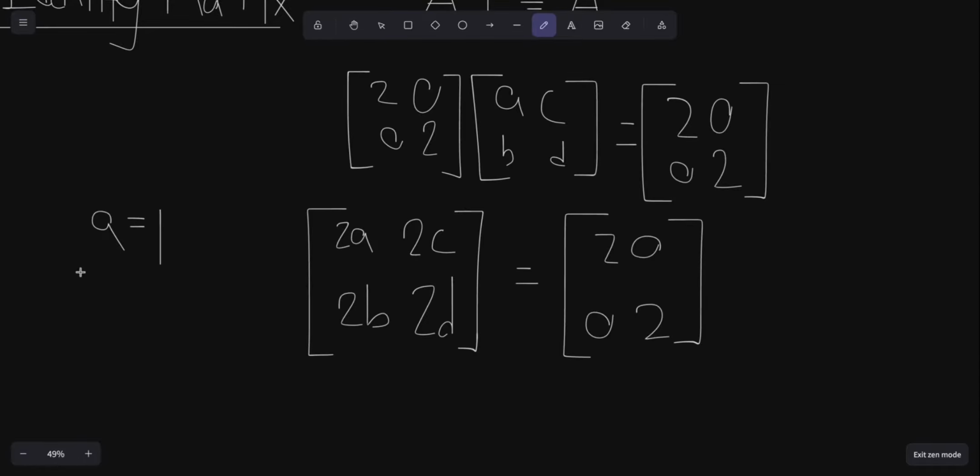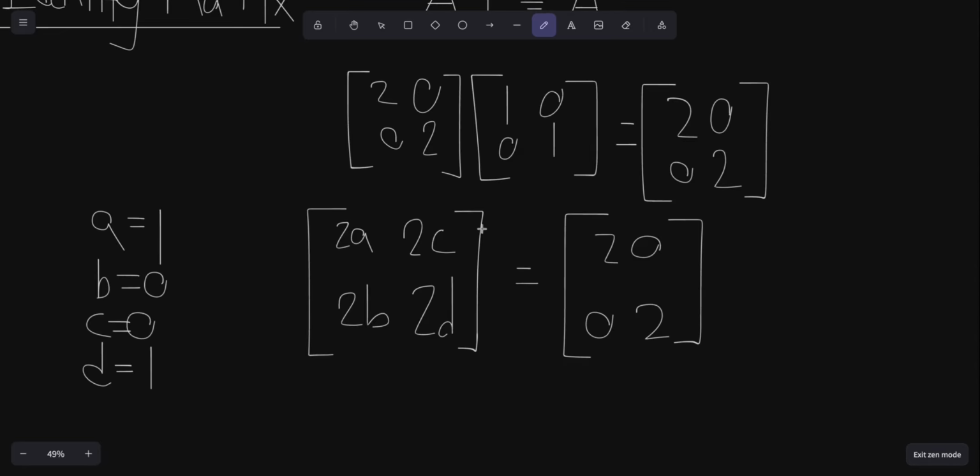B has to be equal to 0. C has to be equal to 0. D has to be equal to 1. And so if I substitute everything into this upper matrix right over here, you get the identity matrix. So 1, 0,